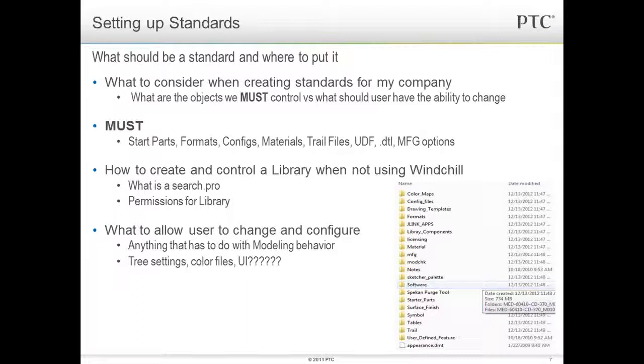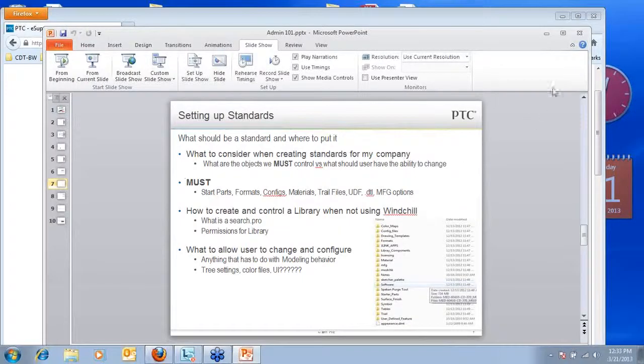So when you are not using a Windchill system, the only way around doing all of that duplicate data is to use essentially search paths. And you use something called a search.pro and search paths within that search.pro to point it. So the way that it works is that you can put only components that are unique to job A in the job A folder. You then would put anything that is standard library, whether it's, again, hardware components or any other standard library stuff, right, that you might create that you use, into a folder somewhere on the server. And all you do, and I can show you this here quick,